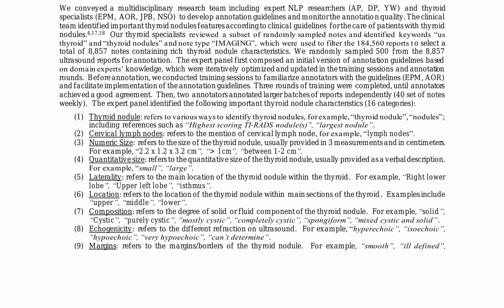The annotated corpus will be used to train and evaluate the performance of the transformer-based NLP methods for extraction of thyroid nodule characteristics. This study aims to contribute to the development of advanced NLP methods for clinical concept extraction, improving the accuracy of thyroid nodule diagnosis and treatment. The application of transformer-based NLP methods has the potential to provide more accurate and comprehensive information for clinical decision-making. The annotation guidelines and corpus developed in this study will be valuable resources for future research in NLP and clinical